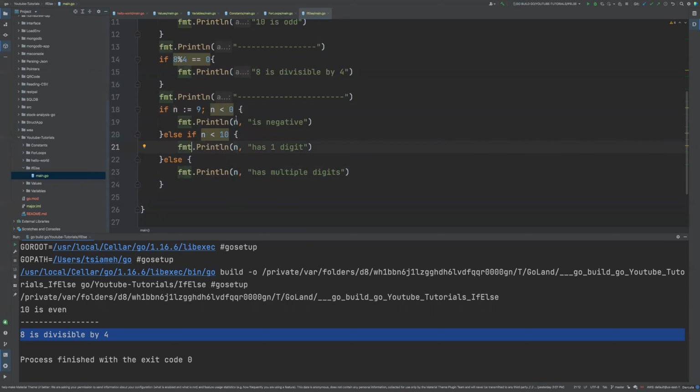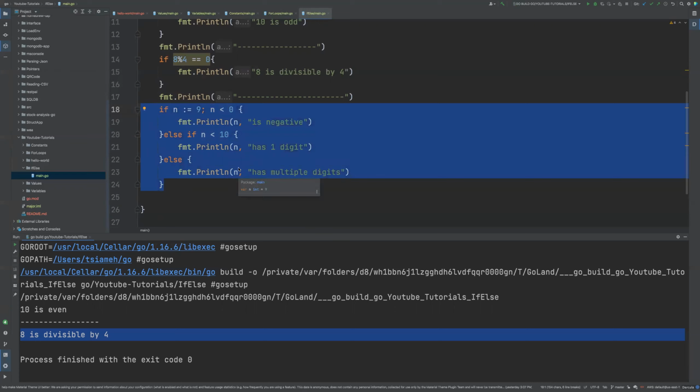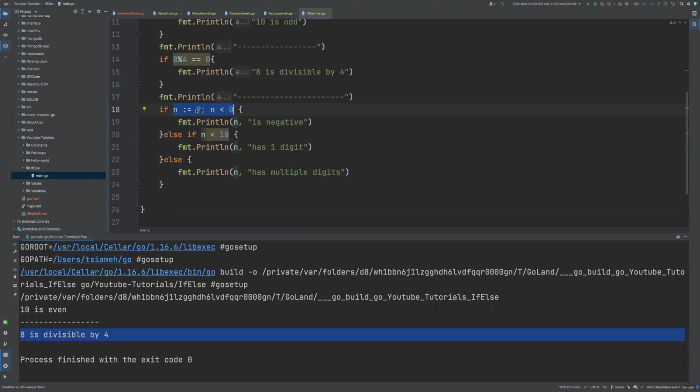Yeah, so this is all for the if-else conditions. It's very straightforward. And I think it should be familiar if you've had some sort of programming class or programming lessons or background. This should be straightforward, except this new type of declaring a variable and at the same time checking